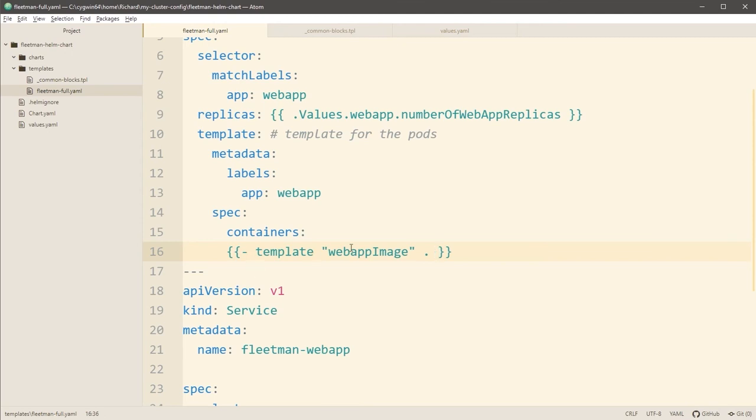And in theory, we can simply, and this is where one of those pipeline functions comes into play, pipe the results of this named template generation into a function called indent. And the indent takes one single further parameter, which is the number of characters you want to indent by.